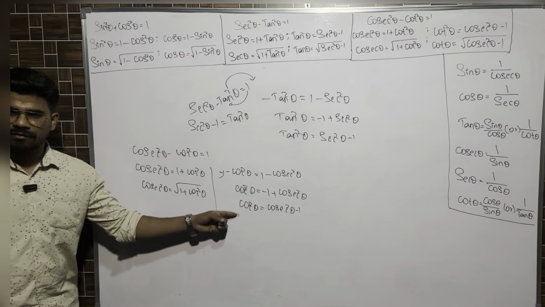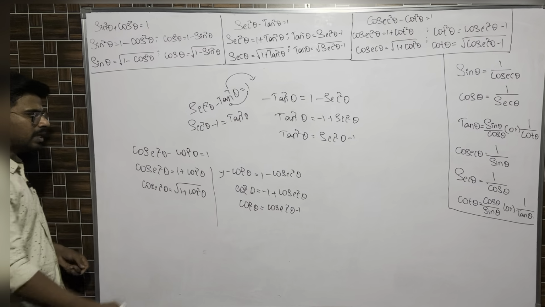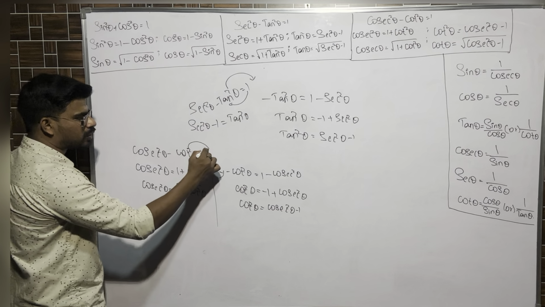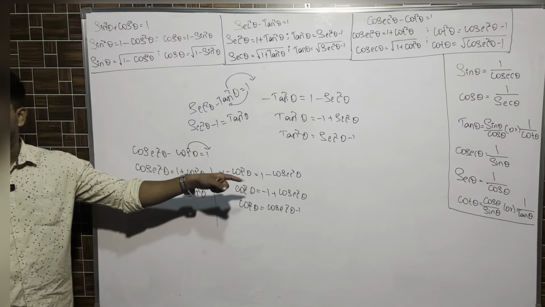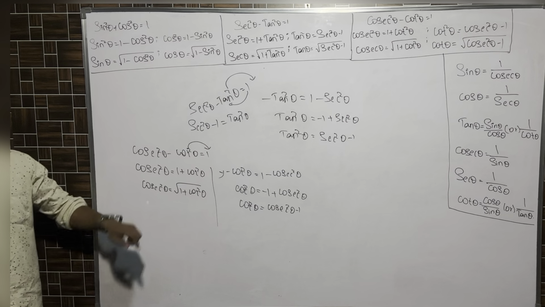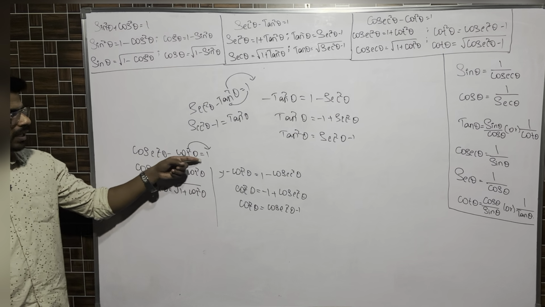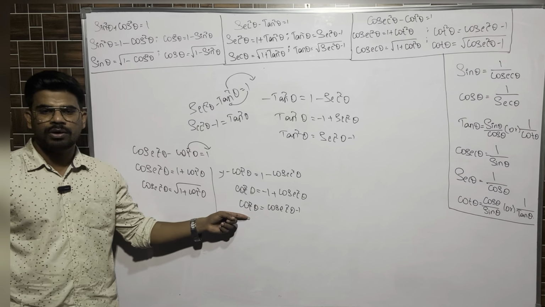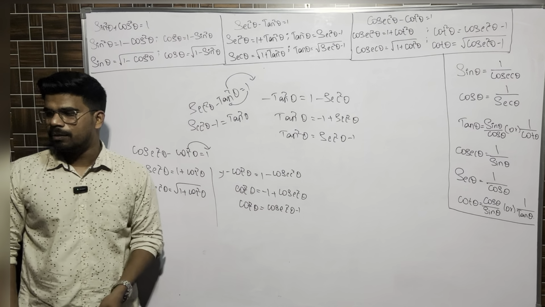So this is the general way. However, what is the shortcut that we use? Instead of sending cosecant, we'll send minus cot square to the next side. Minus cot square will come here, it will become plus. Plus 1 will come here, it will become minus. Cosecant square minus 1 is equal to cot square. If I send the square over there, it will become roots.